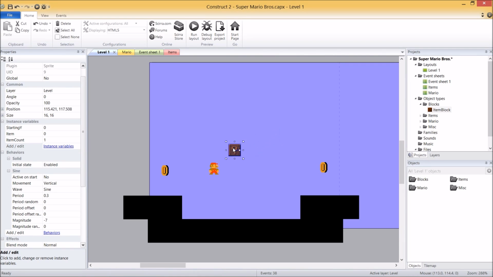We've added him to level 1, so we're actually ready to use this guy now, but we need something a little bit extra before we add any code to this guy. By default, in our code we're going to be checking if Mario collides with the item box. However, we need to know that he has collided with the base of the box. We can't check for that in Construct. There's no way of saying what pixels were collided with. Was it the bottom side? Was it Mario's head? Was Mario jumping when he did this?